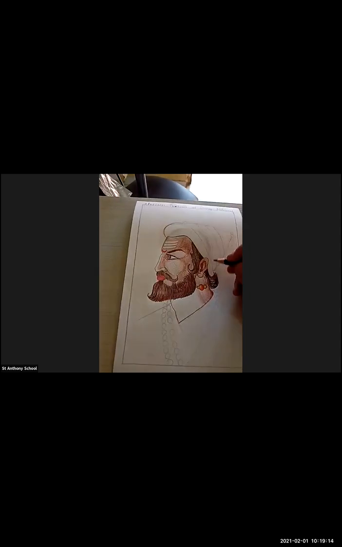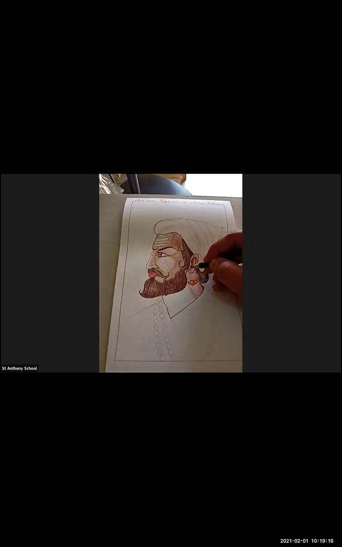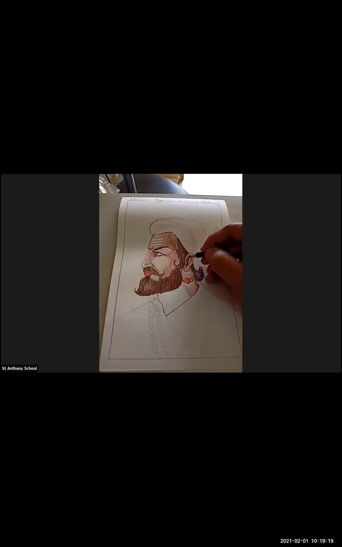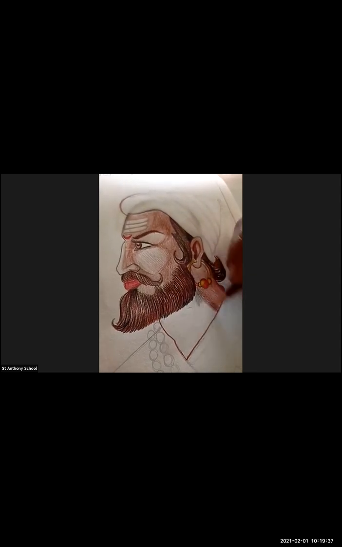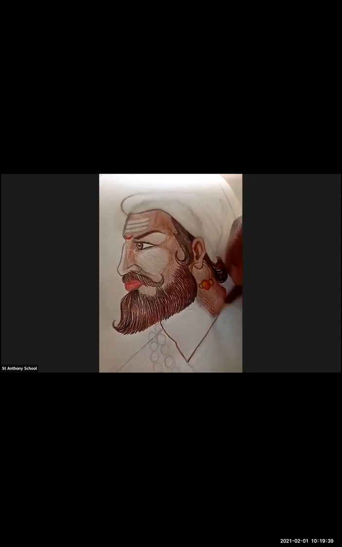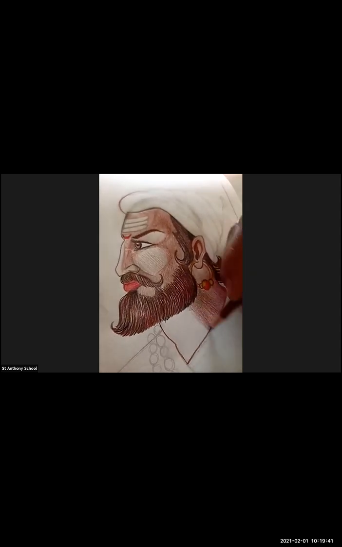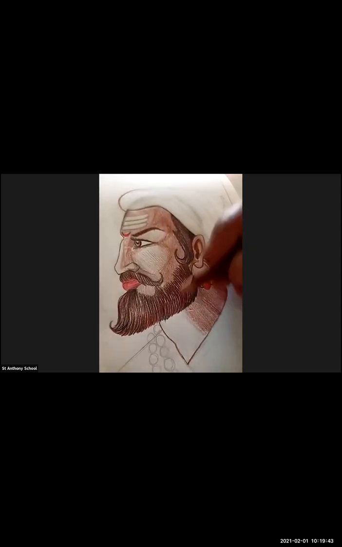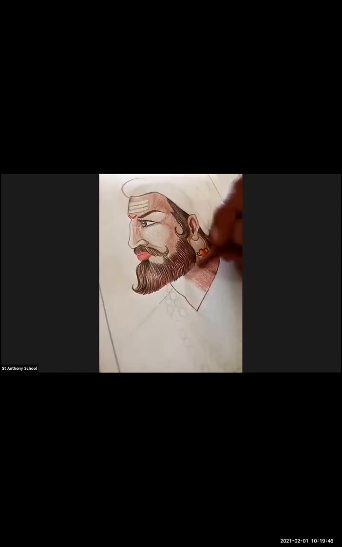This is how you're going to add the details. This way you want to do it. Just look at this.